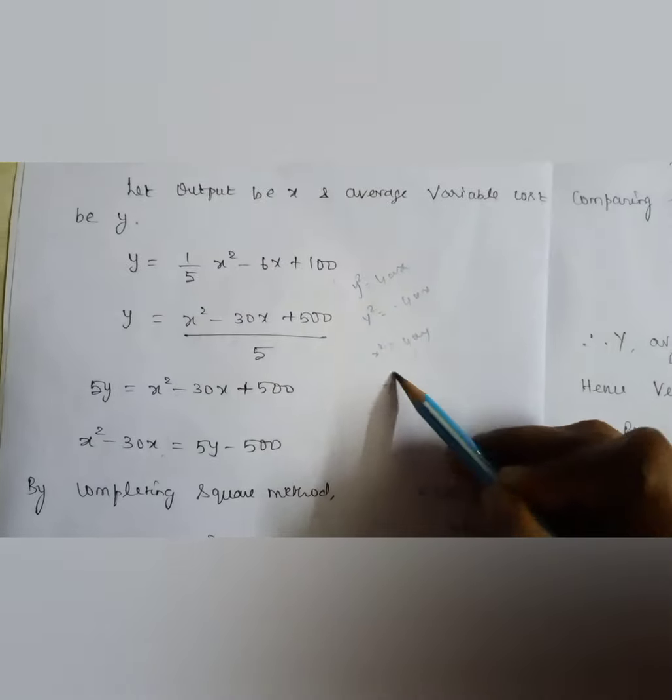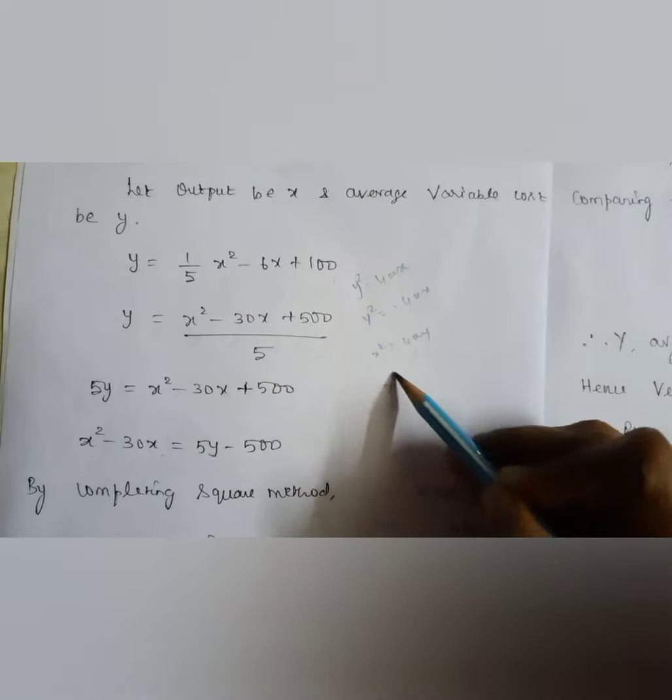Here I am having only the x square term, so it should be either x square is equal to 4ay or x square is equal to minus 4ay. So I have to derive accordingly. I will keep the x square and x terms on one side and all the y terms and the constant term on the other side. Now here it is minus 30x, so comparing it with minus 2ab, minus cancels. Instead of a it is x. So 2b equal to 30, b equal to 15, b square is equal to 225.